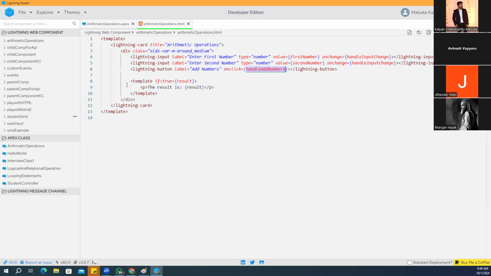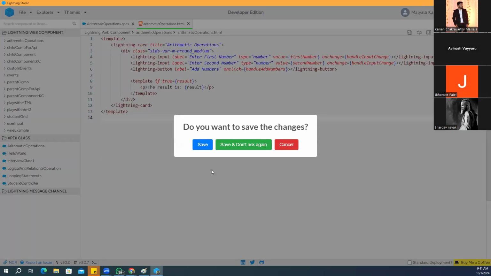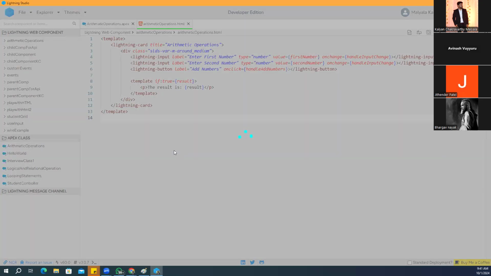Then there is something called this one. If there is result data, then only we will get this result printed. Conditional rendering, we have seen this one. Basically, this block will not execute because initially the result will be nothing. Whenever you add the numbers, if we get the data in the result, then this condition will become true and this will print. So this all we know. Now what we need to know is